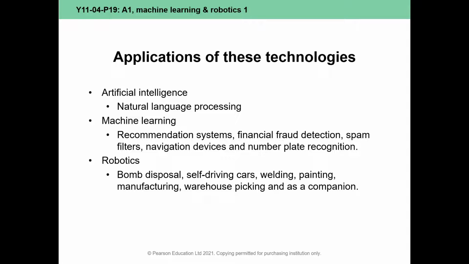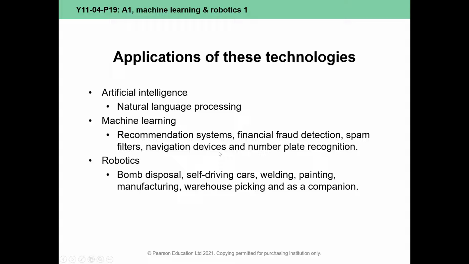Like if I wanted to search for pictures of a Big Mac, it would be Big Mac pictures. Or if I wanted to find the price of a Big Mac, it would be Big Mac McDonald's price. Nowadays, you just type in what is the price of a McDonald's Big Mac. And natural language processing means that Google can understand it. How? Because of artificial intelligence. It's been trained to understand it.